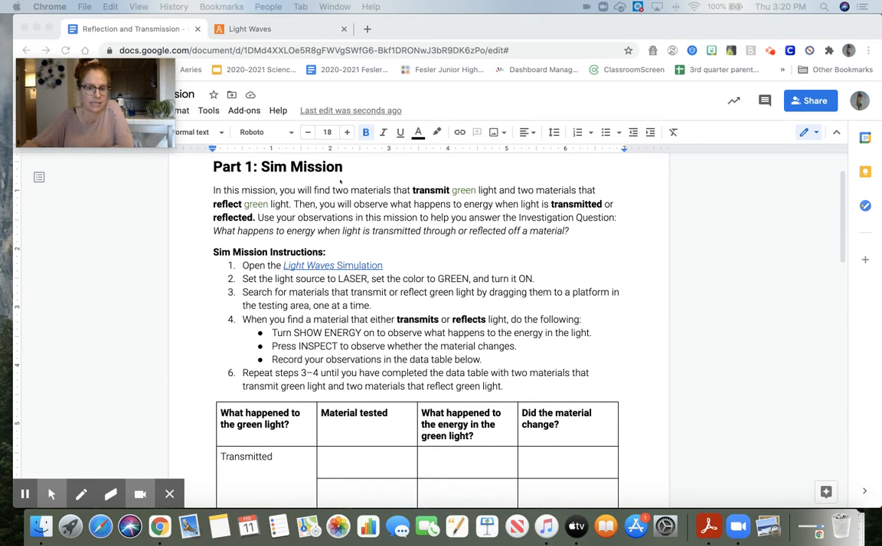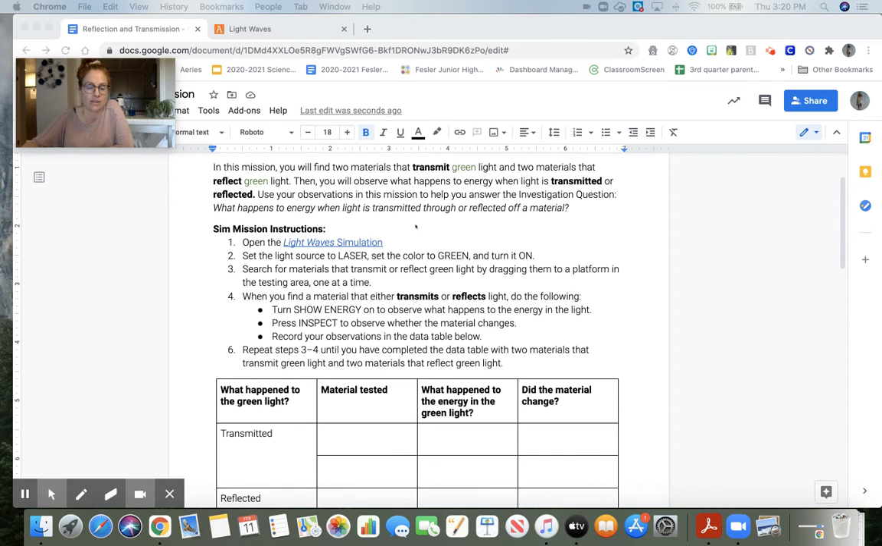First part, we're going to get into the sim. You will find two materials that transmit green light and two materials that reflect green light. Then you'll observe what happens to the energy of the light when it is transmitted or reflected. And we're going to use that information to answer the investigation question, what happens to energy and light when it